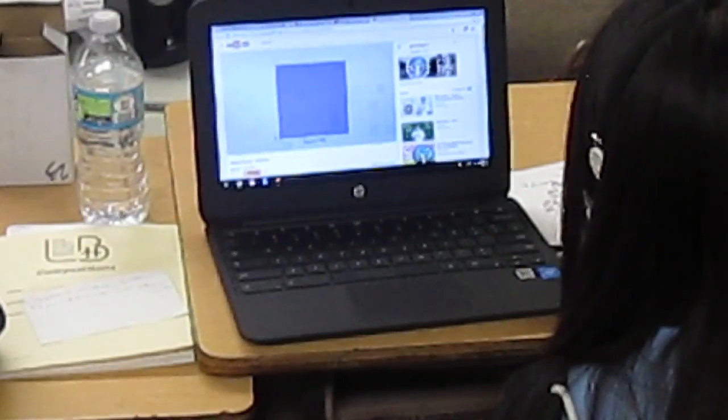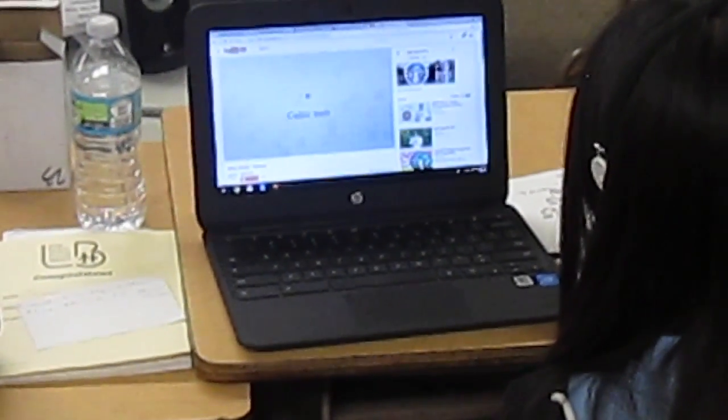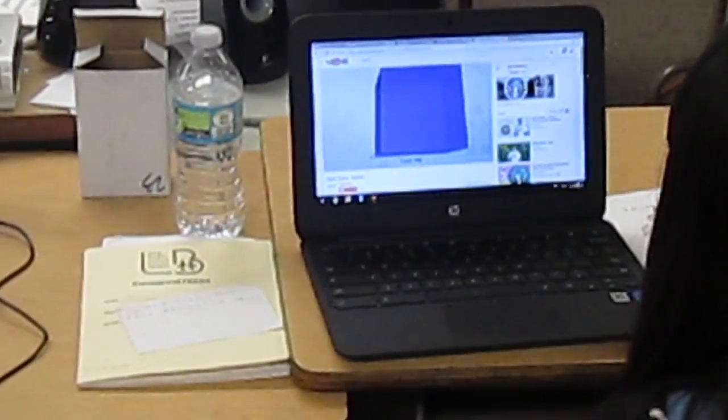Okay, and here's a student working with a Chromebook, and they're learning about squares, how to measure them, and how to find the area, and then how to find the volume. So I'm showing you that the